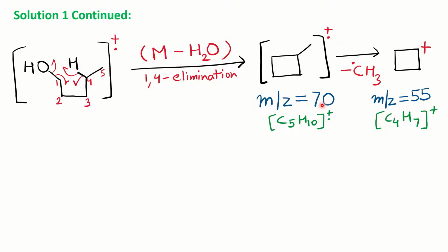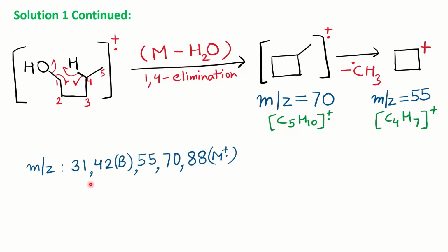And if you notice the mass spectrum of 1-pentanol, you will find another peak at 55. So we need to justify the structure of 55 also. If you see the difference between 70 and 55, it is a loss of 15, and the loss of 15 could be because of the loss of methyl. So this methyl is going to be released as a free radical, and you will get the carbocation here with a 4-member ring, which is C4H7 plus, and if you calculate the mass, it is 55.